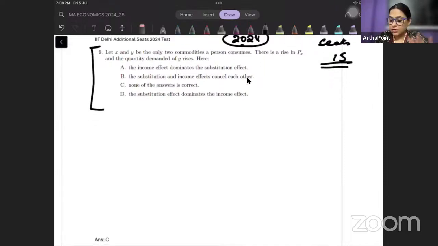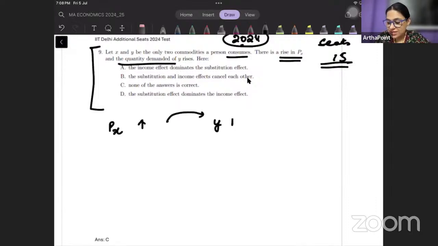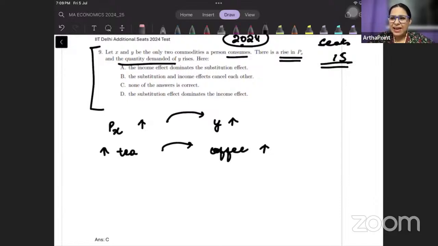Look, listen very carefully. It says X and Y be the only two commodities a person consumes. There is increase in price of good X, and quantity of good Y is increasing. Increase in price of tea, demand of coffee is increasing, beta. So beta, substitute goods or complement goods? Have we ever gone ahead and studied substitution and income